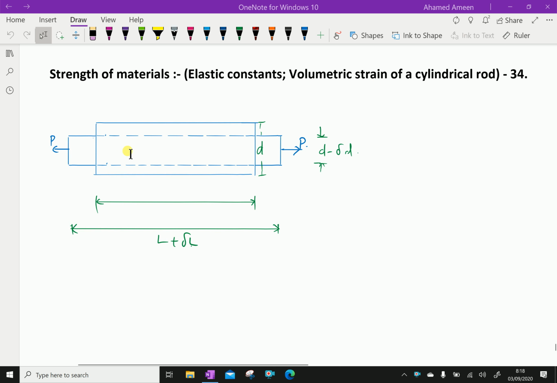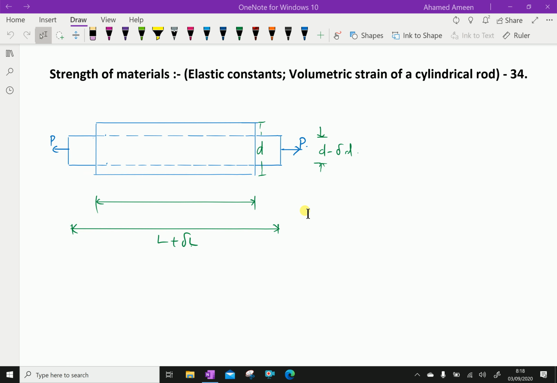Look at this figure. Here, in a solid cylindrical rod, force P is applied axially. Due to that tensile force, there is an increase in length, that is L plus delta L, as well as a decrease in diameter, which becomes d minus delta d. Now we'll start the